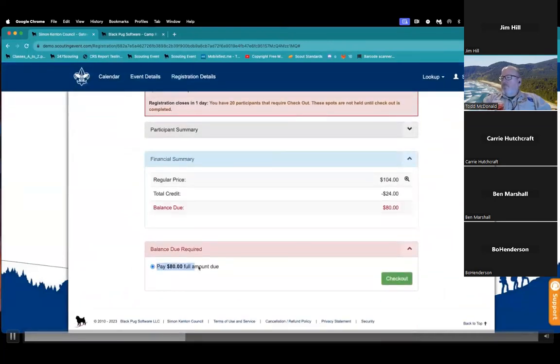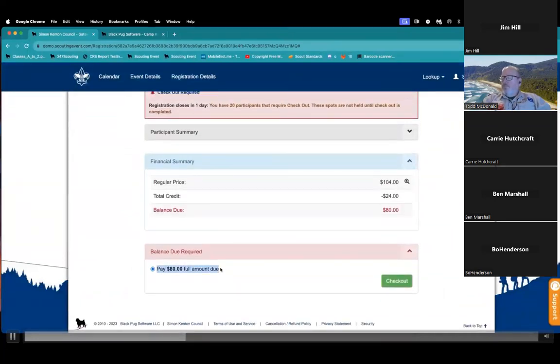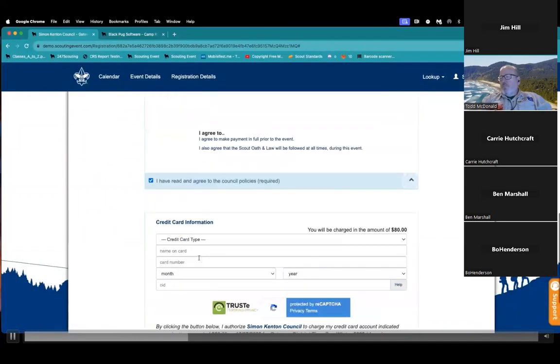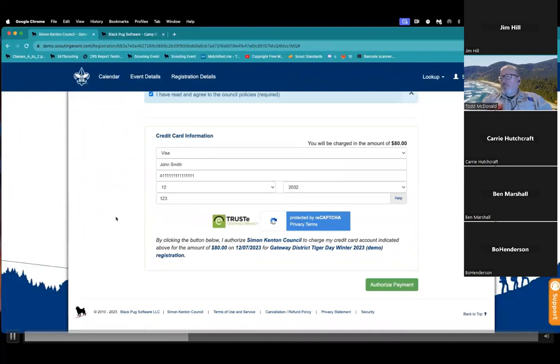Now, this event is saying if you can use Parent Portal, you can use it, but you still need to make the event payment. So the only thing you're passing off to the parent is the data entry. And I can just go through checkout. That's fine. And I'll pay for these kids. And then I'll go ahead and send a link out, or give this information out to the parent so that they can go in and enter the data for me.